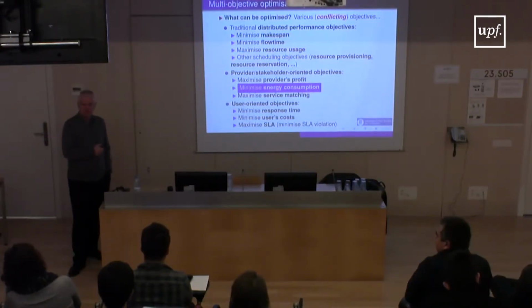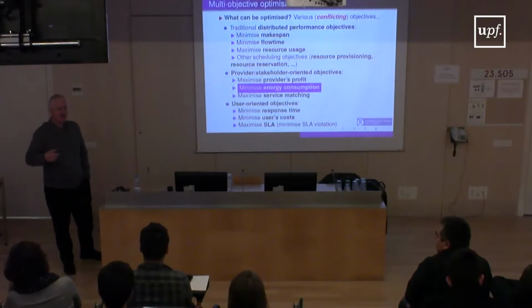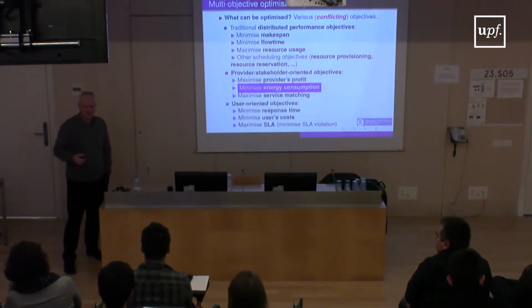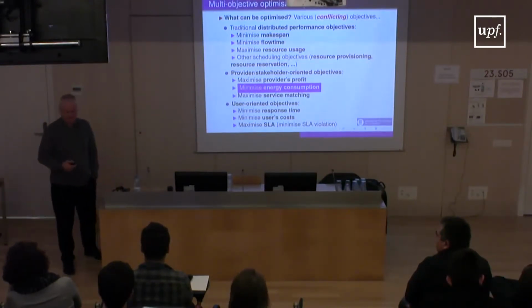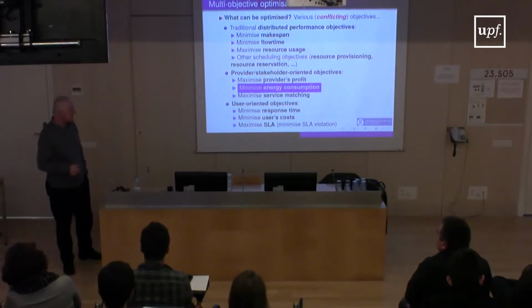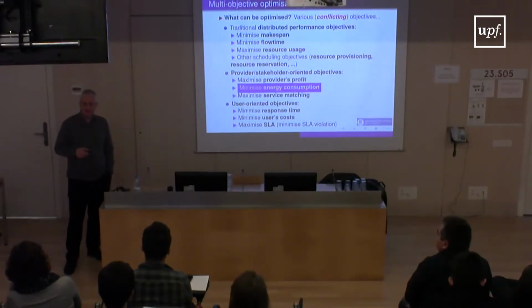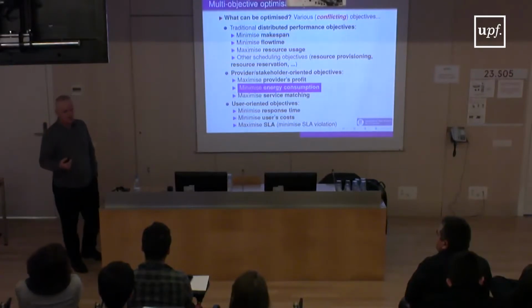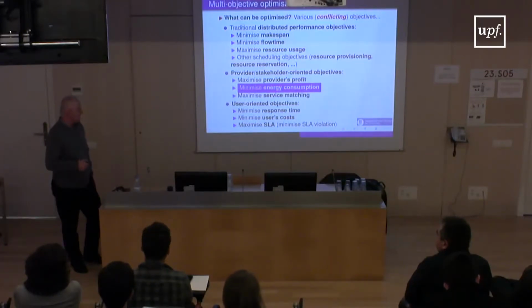Evolutionary computing, local search-based heuristics, or I don't know, game-based optimization, linear programming optimization, etc. Right? So in that case, cloud providers are also interested to maximize the service matching. That means to have the best fit between the user's requests or requirements and the service that can give that service, right? And finally,